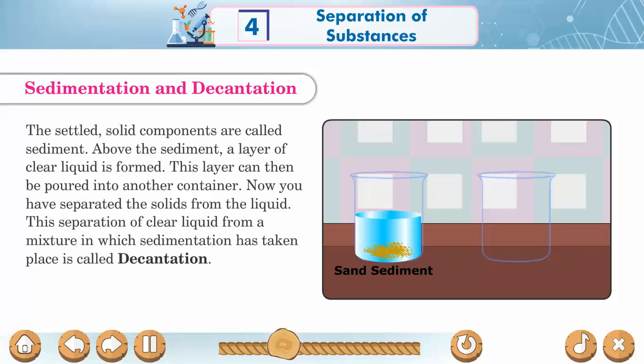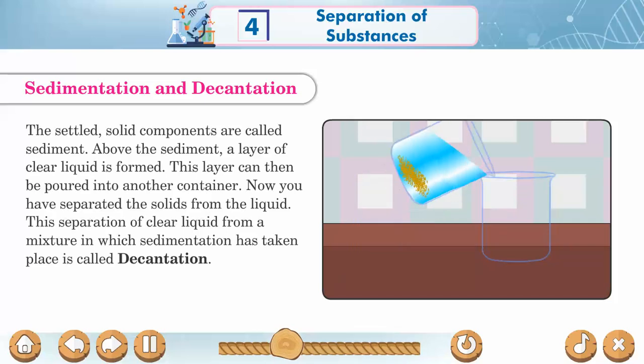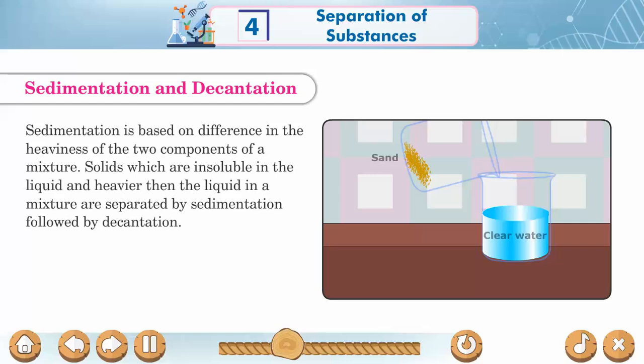Now you have separated the solids from the liquid. This separation of clear liquid from a mixture in which sedimentation has taken place is called decantation. Sedimentation is based on difference in the heaviness of the two components of a mixture. Solids which are insoluble in the liquid and heavier than the liquid in a mixture are separated by sedimentation followed